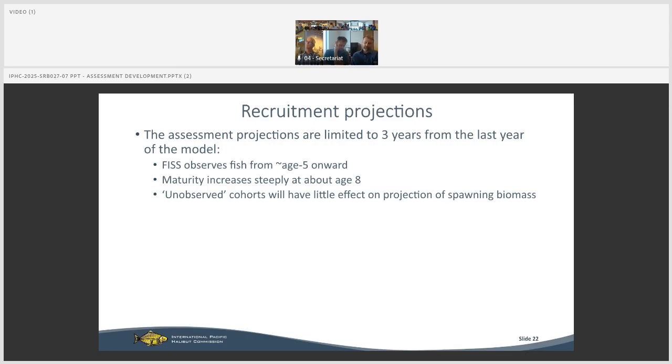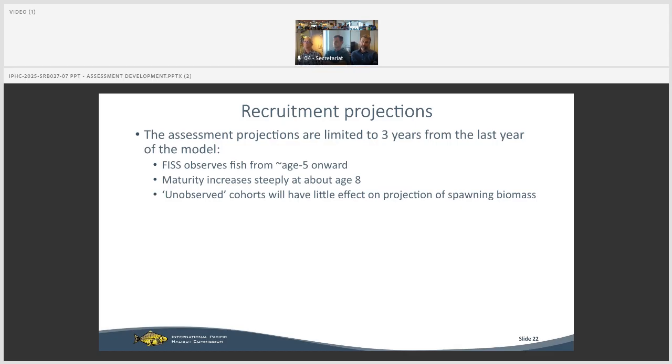And I've done this, actually, we've done this for years here at the commission. The reason that we limit our projections to 3 years instead of producing a 10 or a 15-year projection is, well, 2 reasons. One reason is that historically there were 10-year projections being made out of the stock assessment that were very much wrong and were being substantially updated every year. The second reason being that beyond 3 years, we're beginning to include what I'll call electronic fish in the projection